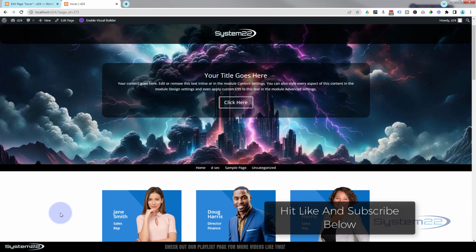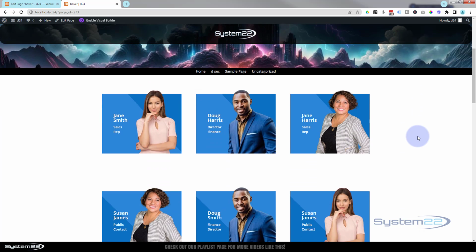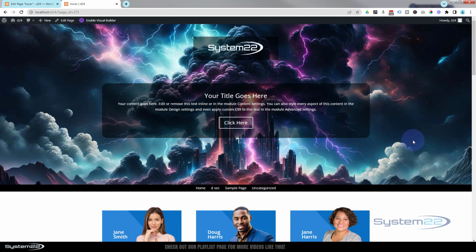Really nice little feature. This was requested by somebody. Somebody wanted a floating menu over a hero section. So I've done this. If you want it somewhere else, I'll show you how to do that too. So let's get started. Now before I enable the Visual Builder, when you create this page, if you're going to